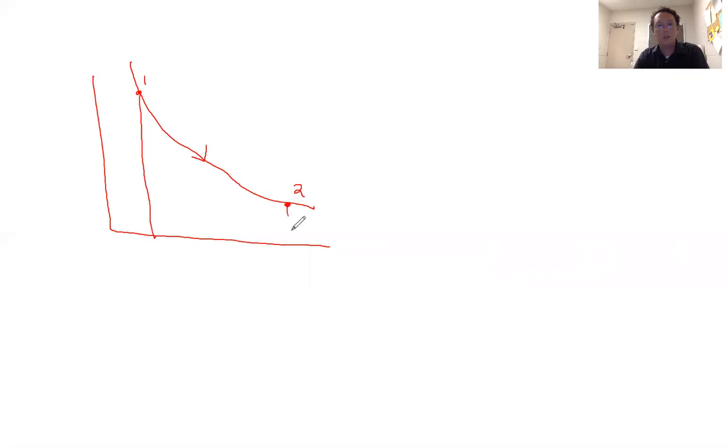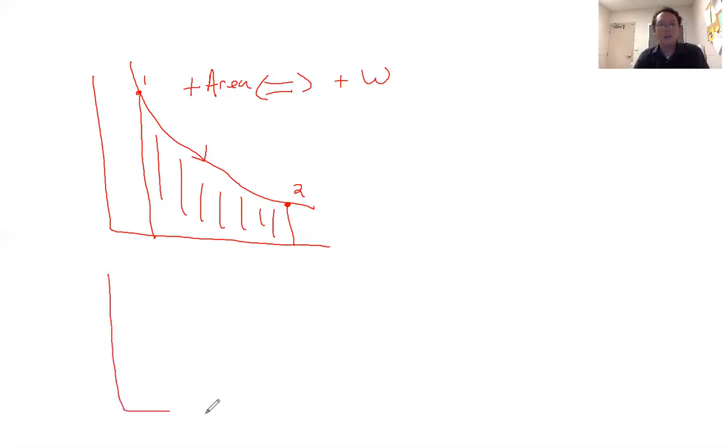So this region would correspond to positive area, which is equivalent to positive work. It's like the power stroke in an engine or something. Whereas you could have other systems, for example, what if you had the gas and you ran it through a compressor? That's going to squeeze the gas,